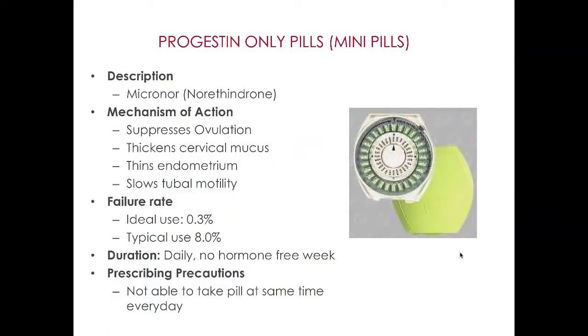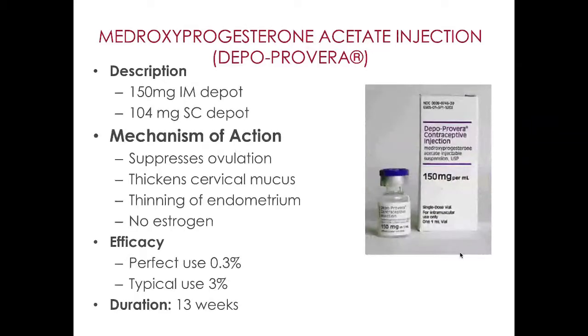Depo-Provera is a huge amount of progestin, and this stuff works great for some people. You have to come in once every 3 months. It does a very good job of suppressing ovulation and knocking out function of the ovary. It thickens cervical mucus and thins the endometrium. And it really has a very strong effect on